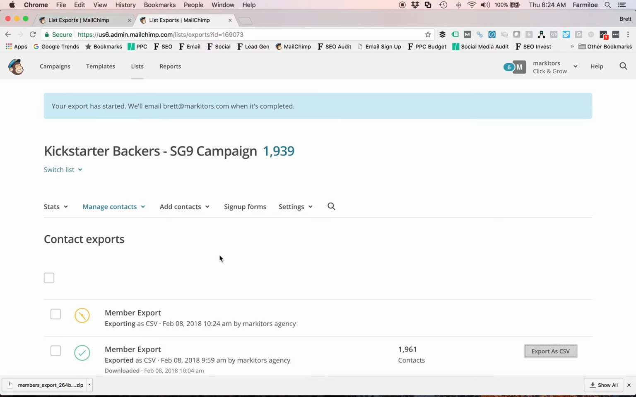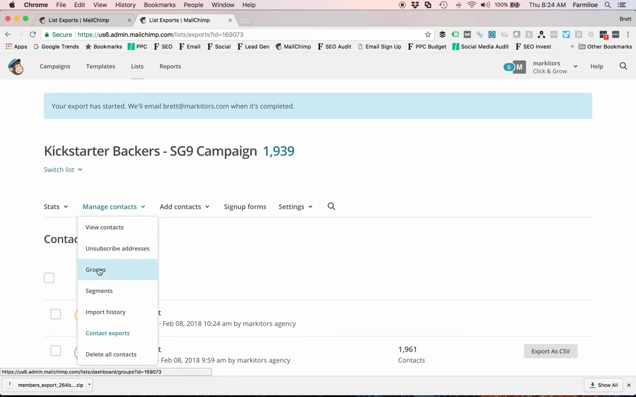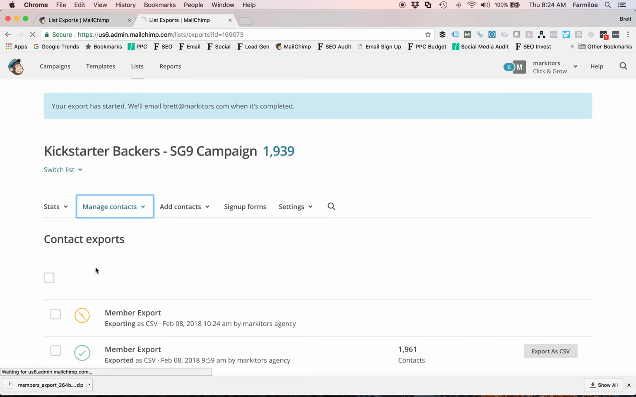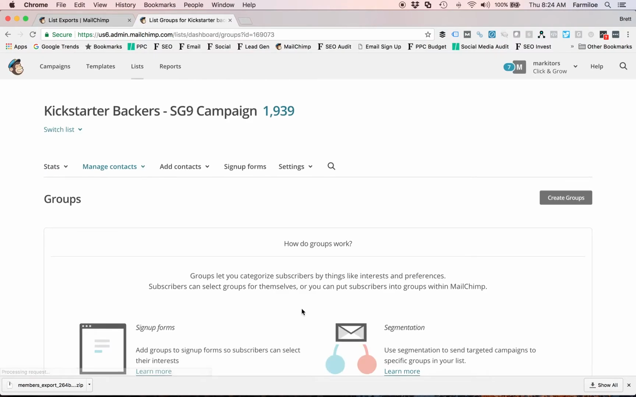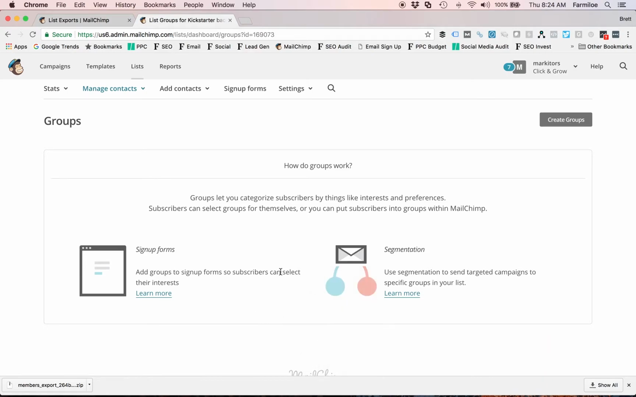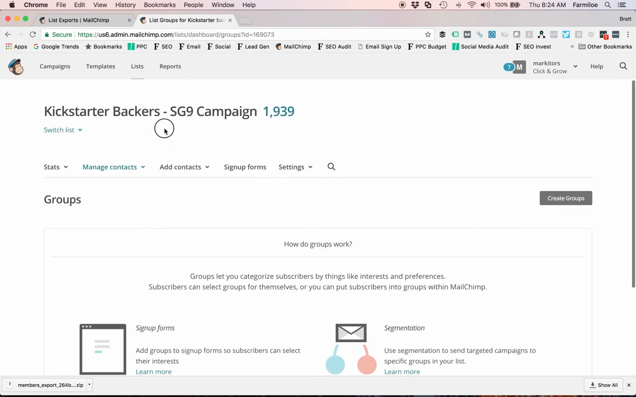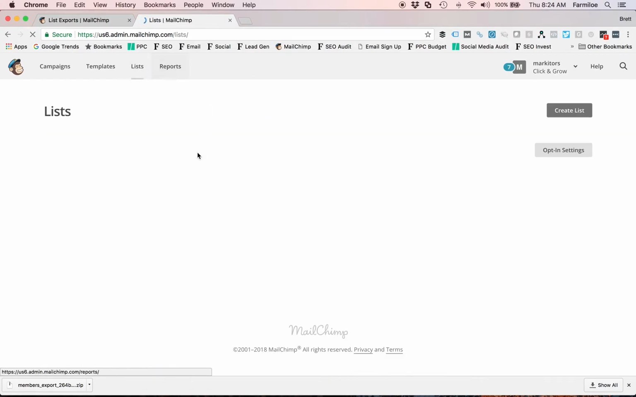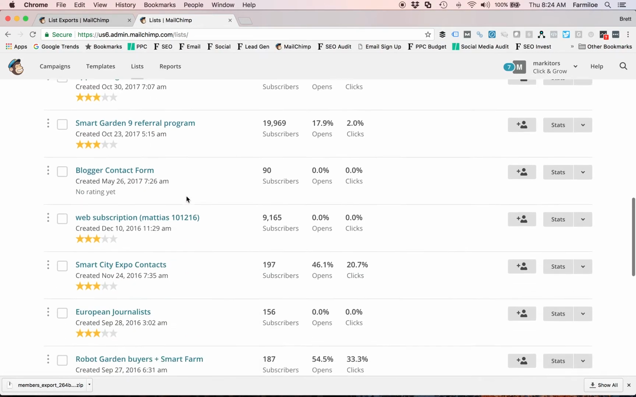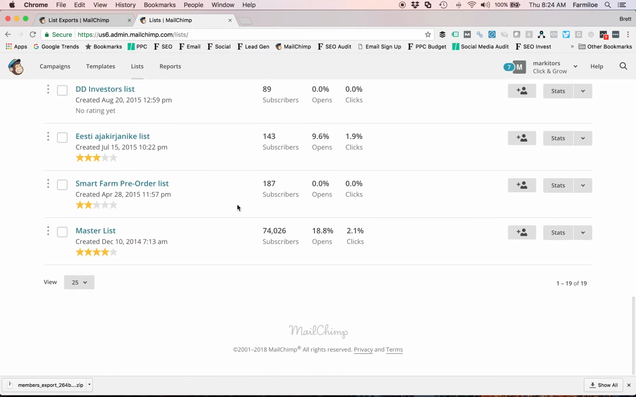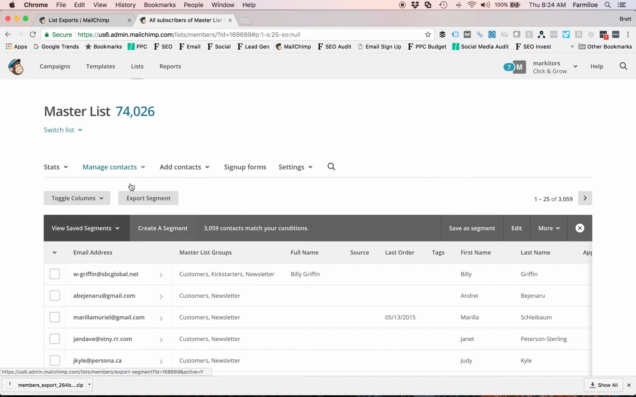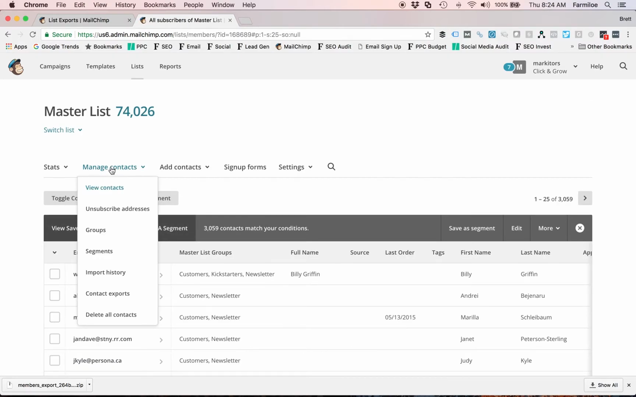So that's great if there are no groups within this list, which if you click on Manage Contacts and then Groups, you're able to see that there are no existing groups in this list. However, if there were groups, then what you'll need to do is export each group individually and do the same process. So to show you how that looks, if we go over to our master list, which